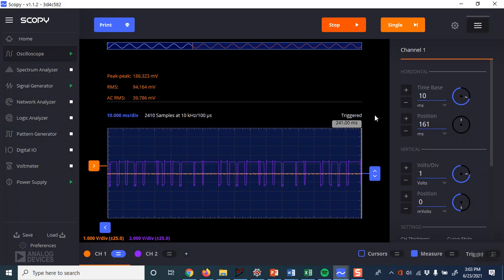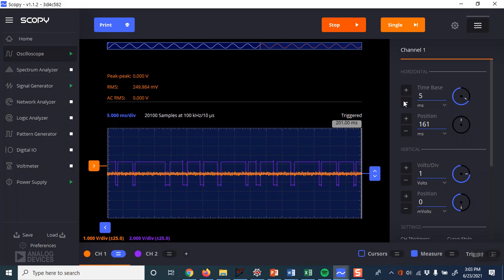Notice the RMS had gone down, and that's because I'm kind of too zoomed out. All right. So like I said, I can zoom in and get a good RMS value, right? And then zoom out a little bit for the data. But yeah, it's working at a much smaller